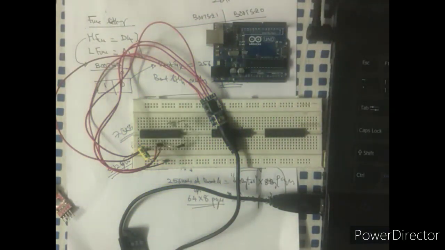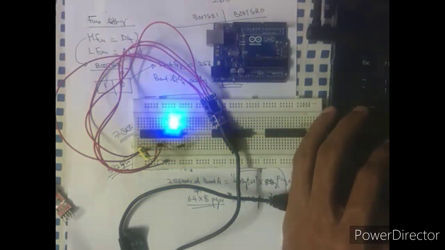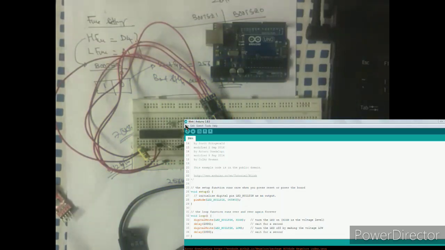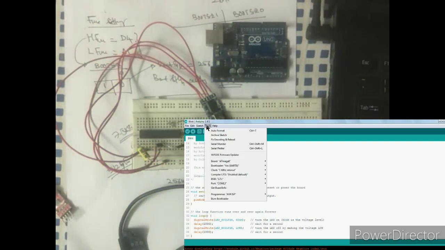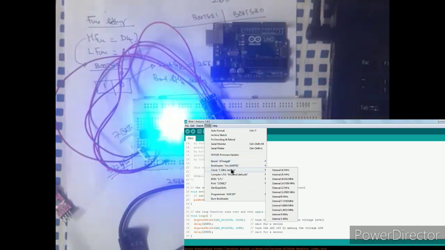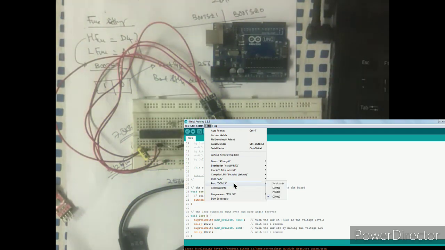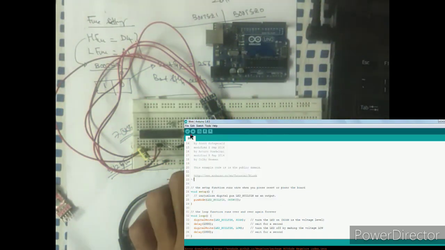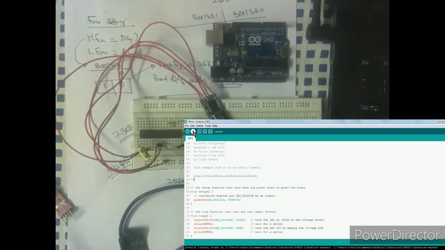So now I will simply run the blink example. I have already opened it, and now it's working. So now we'll just execute. Here we have to select Atmega 8 bootloader, internal 1 MHz internal clock, and the COM port where we have connected this USB to serial converter, and that is COM 13. I have selected it.